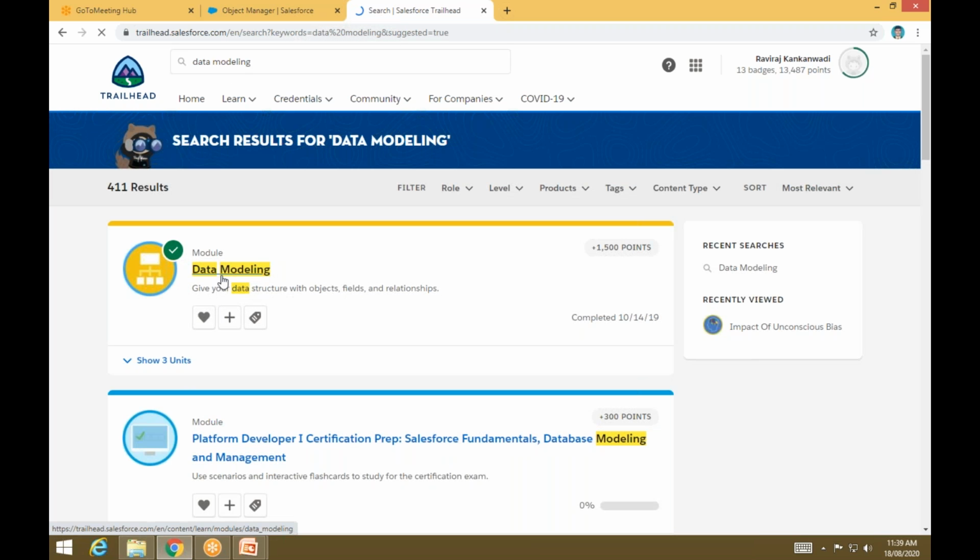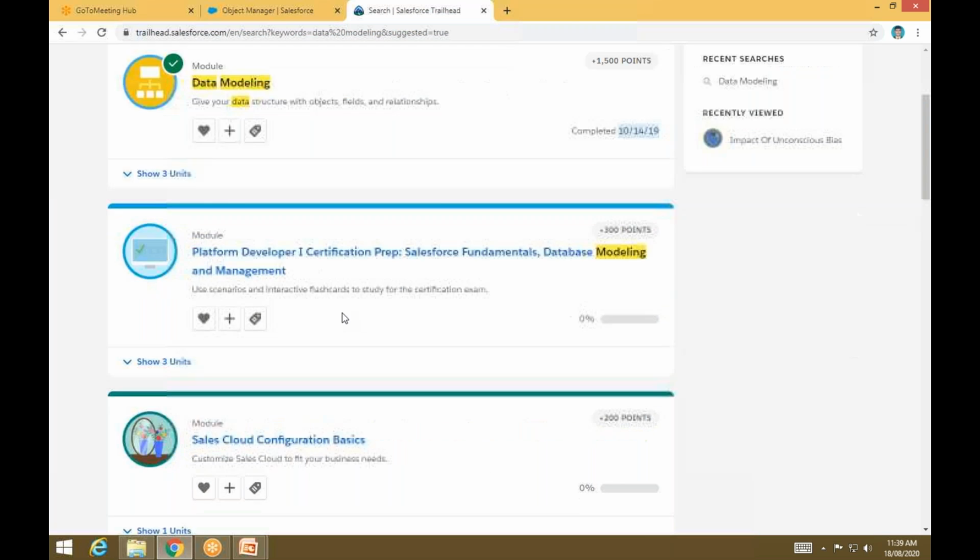Okay, so this is the data modeling task, you can say. Okay, so I have completed this on the 14th of the 10th month, 2019. Okay, so you just need to click on this thing. It's not working.